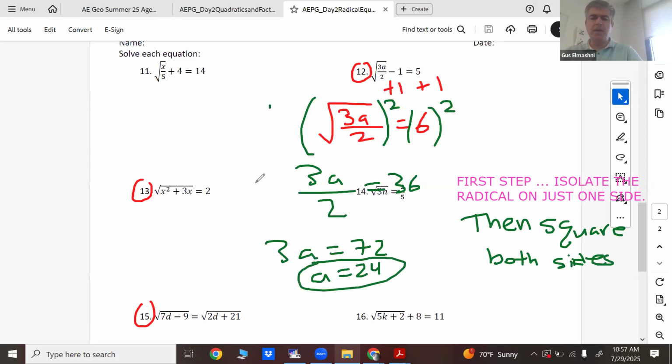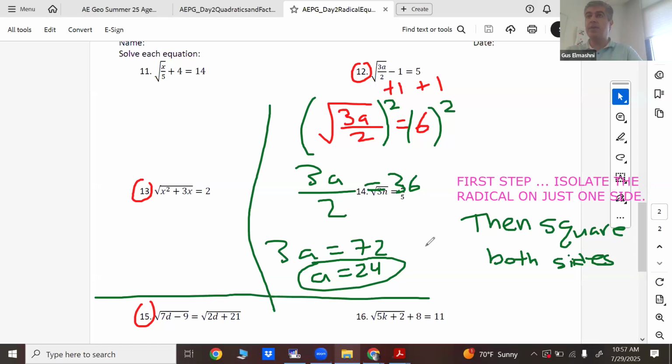Okay. Let's take a look at number 13. Now, is the radical isolated? Yeah. So should I square both sides right away? Yeah. That's okay. So we get x squared plus 3x